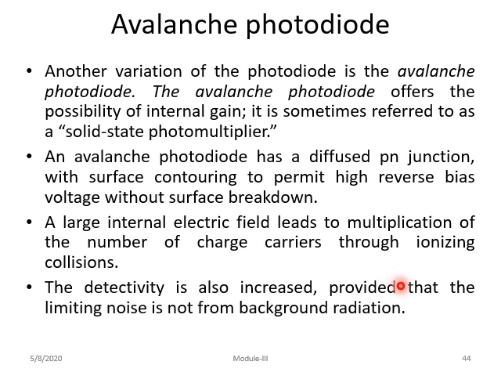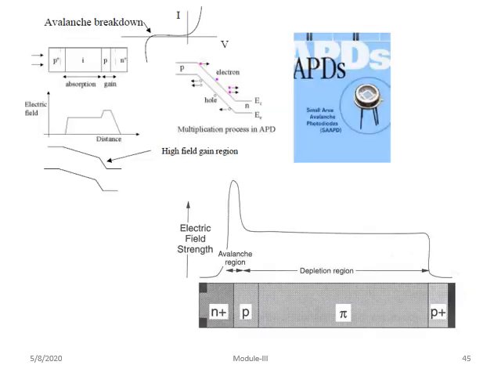Normally in an avalanche photodiode, the diffused PN junction occurs and a reverse bias is applied, and the electric field leads to multiplication. One carrier hits another and creates more charge carriers. This is ionizing collision, and this leads to more flow of electrons or current. This leads to the photocurrent, which moves further. So avalanche breakdown can happen, and this particular diagram can be used to explain the avalanche photodiode.